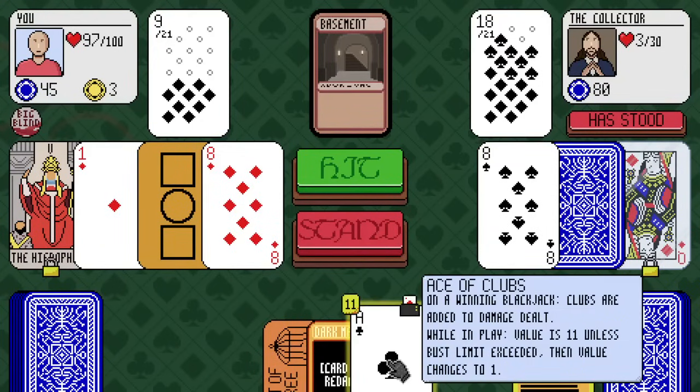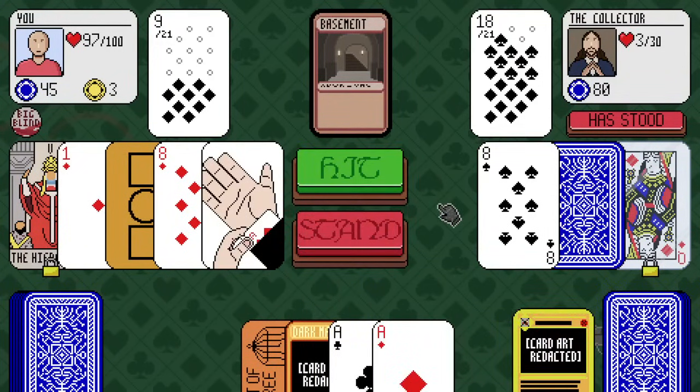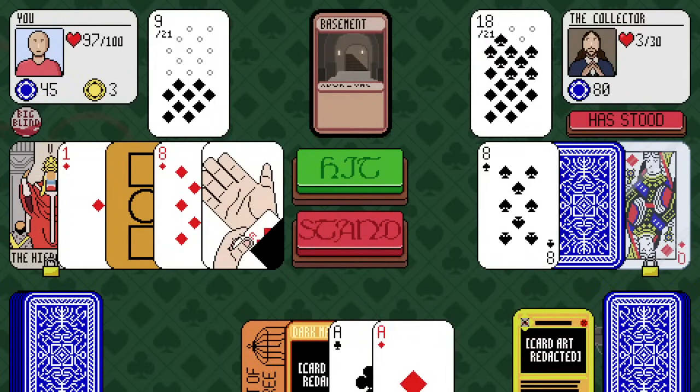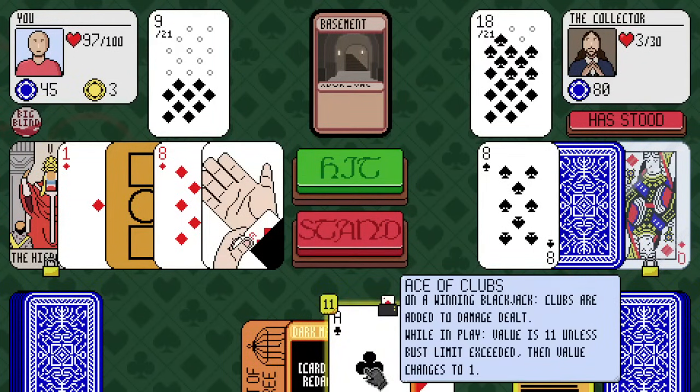I can't defeat the opponent here, though. I'll only be able to deal 3 damage, so let's hit again. Oh my god, I can play both the aces. Am I gonna get scammed with the order? I genuinely don't know. So I think it's the earliest one that attempts to reduce, right? So...